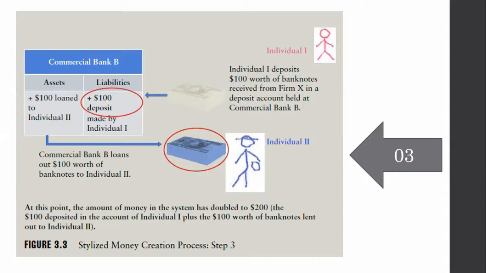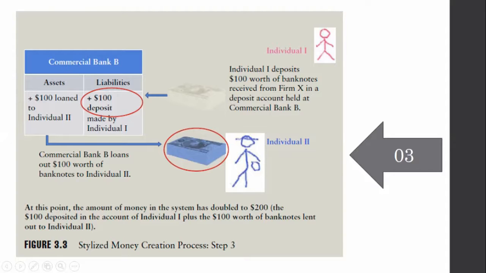Then this $100 was created as a deposit in another commercial bank B. So now if you are considering the money as the summation of demand deposit plus the currency held by the public, then we have $100 worth of deposit here, which is the deposit by the individual one, and also the currency held by the general public, which is individual two,